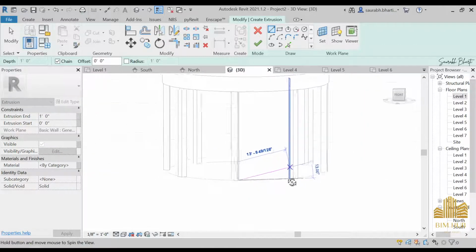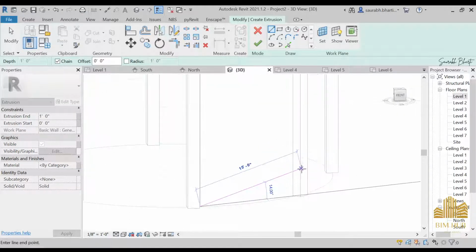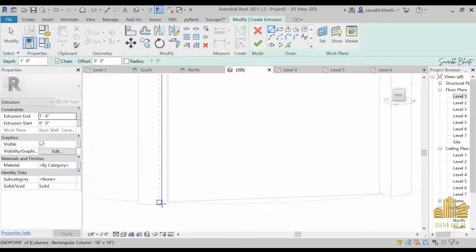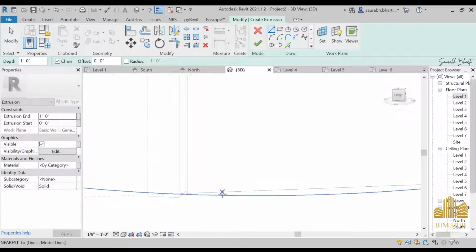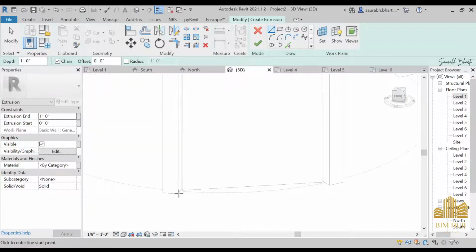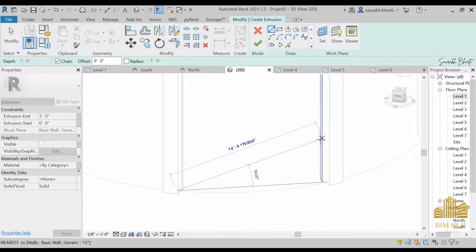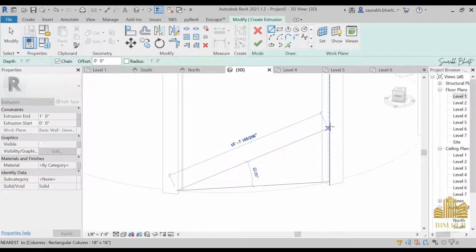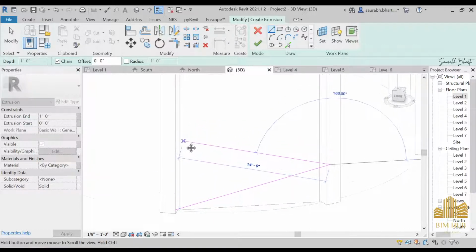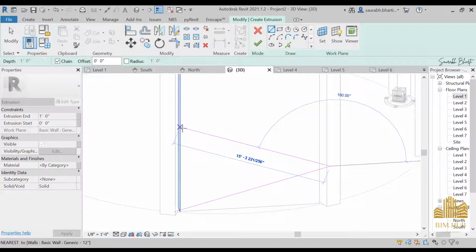So I told you we are going to draw something like this. So it is at 13 feet. No, not at that place. It starts from this very end of this column, and it goes up to this one. And as you can see, we can also give it an angle, so I'm just assigning it at a 15-degree angle. So if we have assigned it here at 15, so from that side we need,